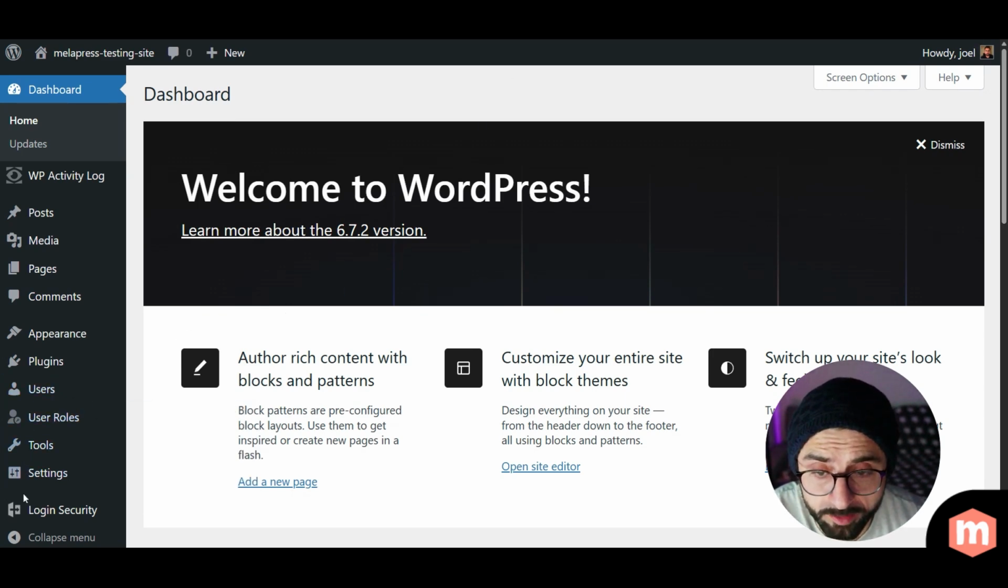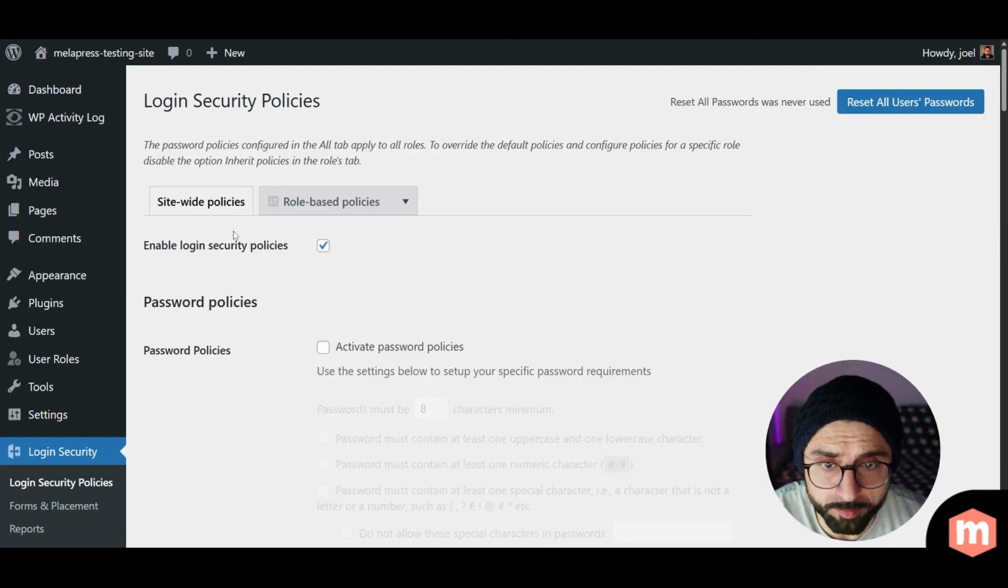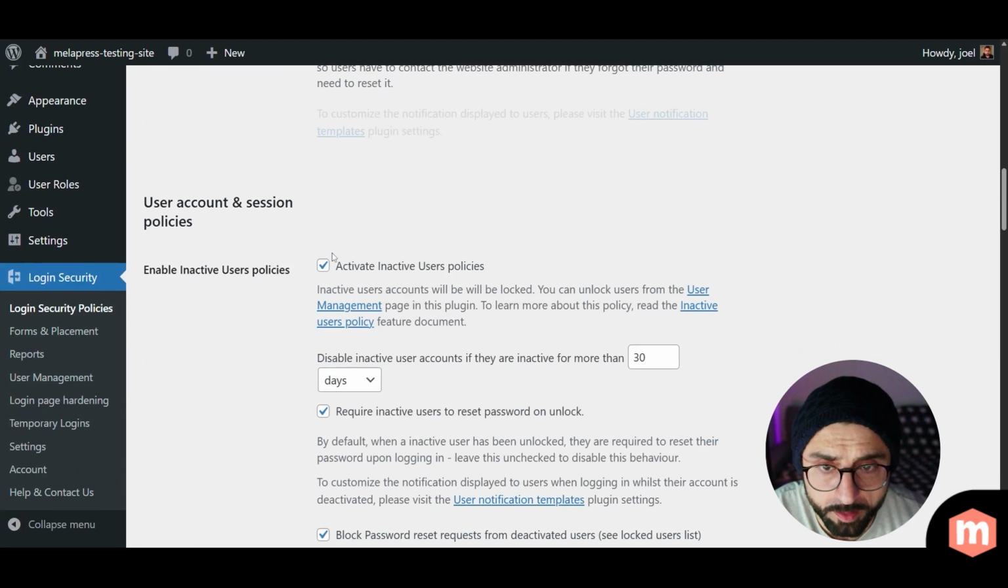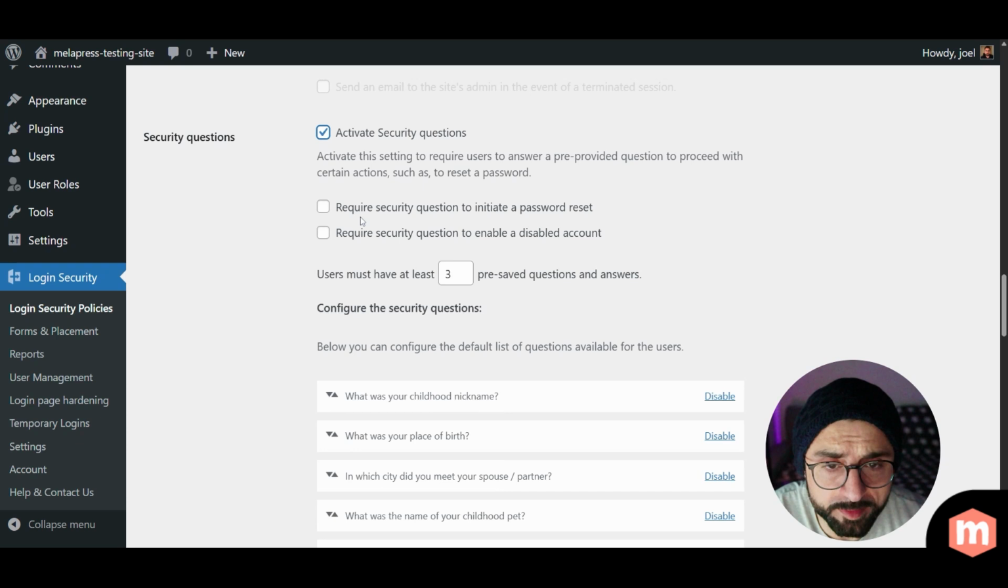So with the plugin already installed, we're going to navigate to Login Security Policies. Make sure that Enable Login Security Policies is enabled. And then we're going to scroll down to Security Questions. First, we need to activate Security Questions. And then we need to choose